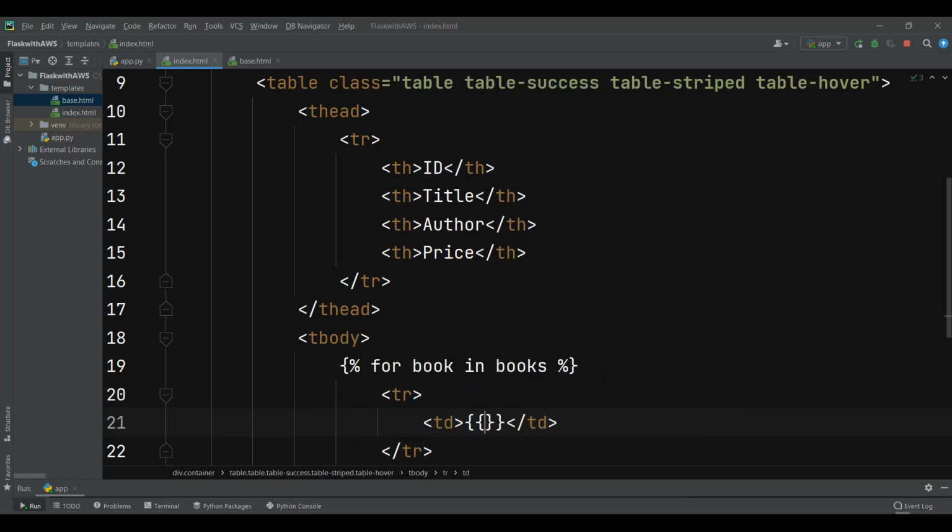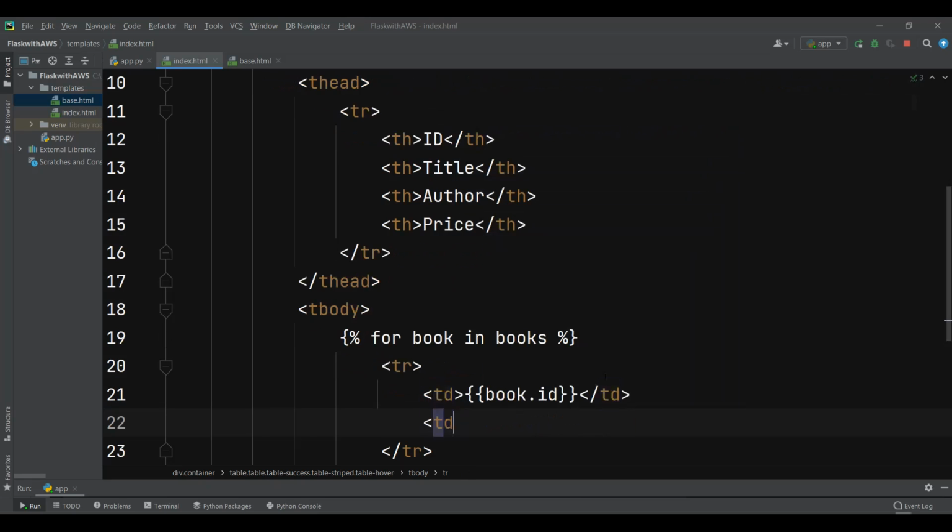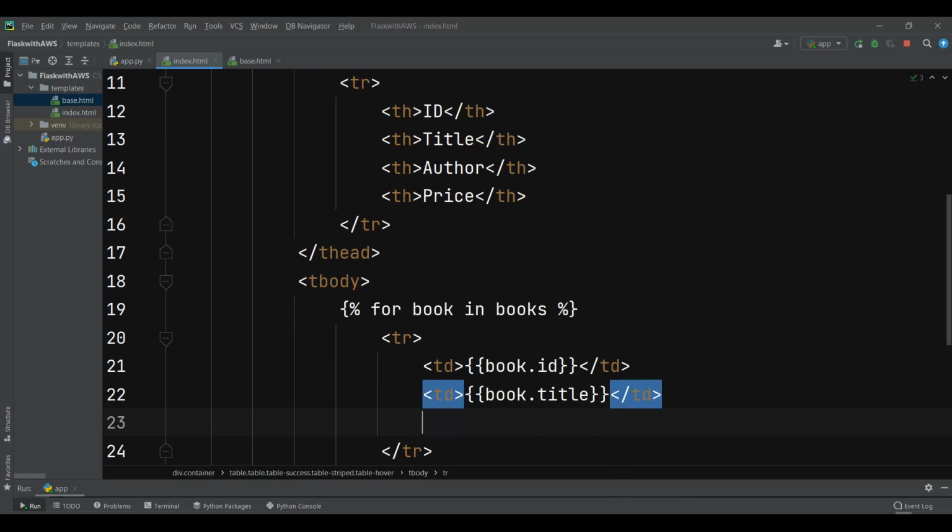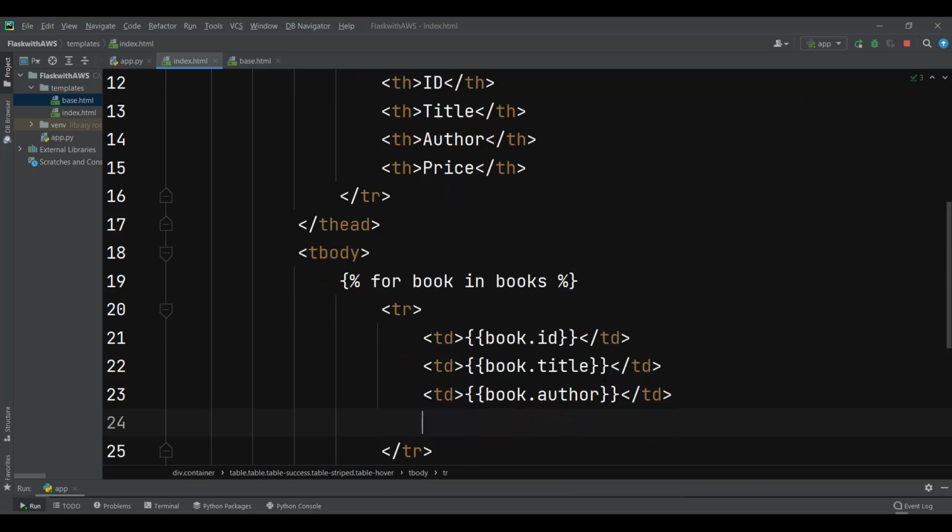So first we want to use book.id, and let's create another td, and for this I can say book.title, and we have book.author, so td, and we have book.author, and the last one is the price, so td book.price. Okay,